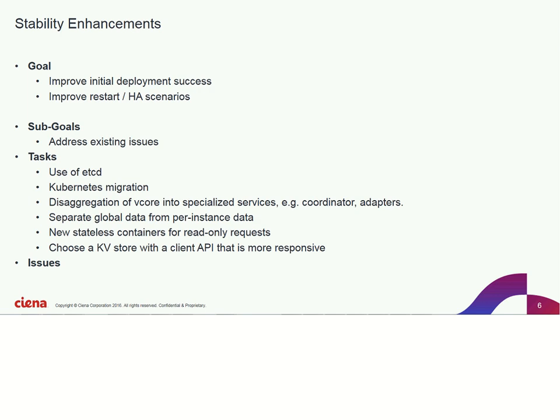So basically, there are some HA enhancements that we want to make, and we've discussed some of them, right? Like the use of etcd, the use of Kubernetes. One that I talked about earlier, and so did Ken, was the disaggregation of the vOLTHA core. The vOLTHA core performs a multitude of functions today. So what we're doing is disaggregating that. So there's the coordinator function, the adapters, right? There's a bunch of disaggregation that needs to happen there.